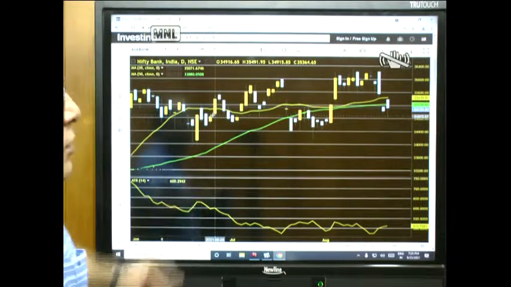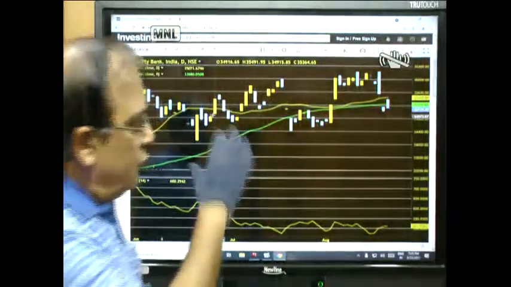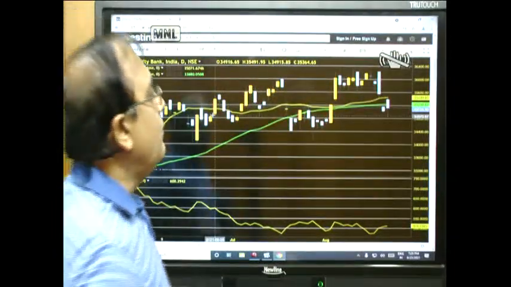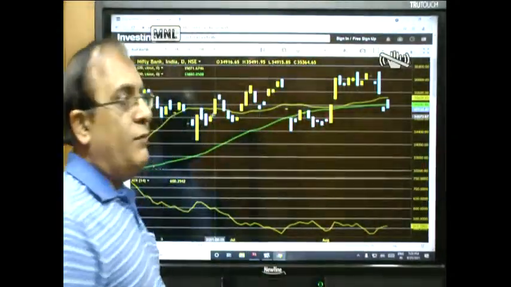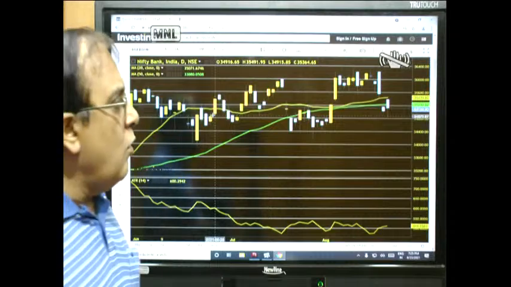is not so good. There's not much of a trend. You can see it just goes up, it comes down, all those things it does. But now it has fallen below the 20 and 50 moving average, right? It has now fallen below the 20 and 50 moving average. Now if it starts literally going above the